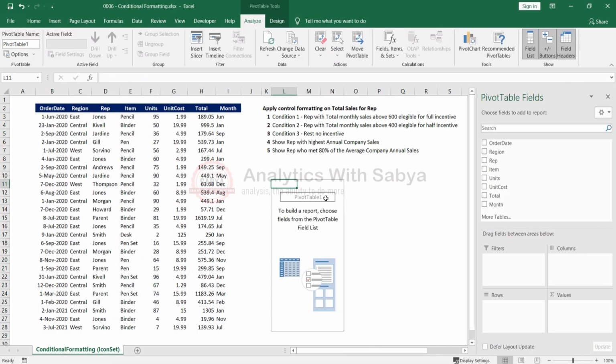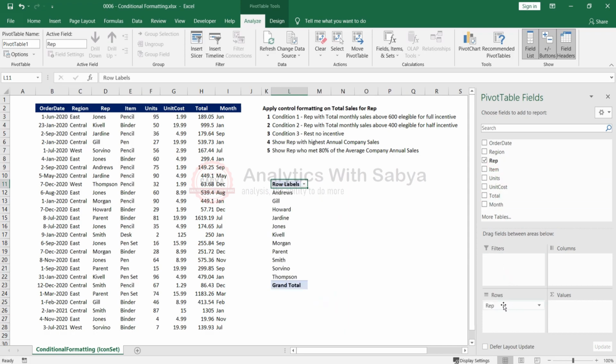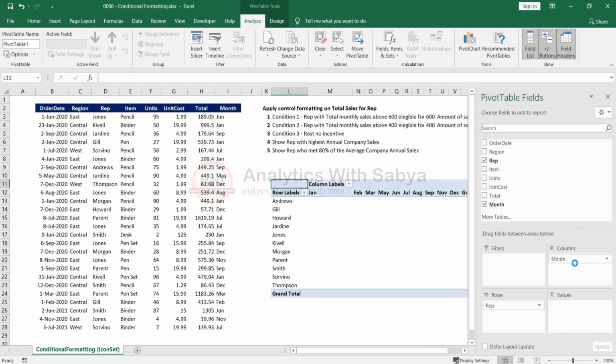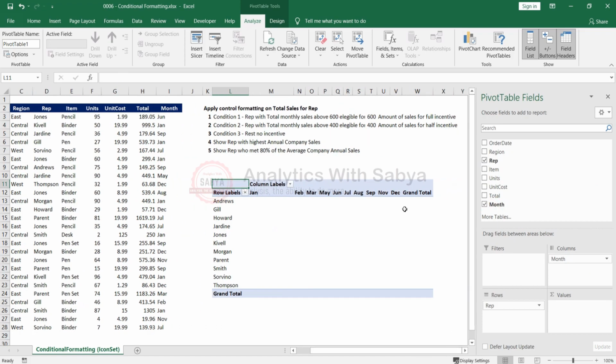Once you click on OK, the first thing that I want to do over here is rows. In the rows, I need to put in the name of the representatives. So these are my unique representative names sorted from this list. In the columns, I will put the months. Let me put the months over here like this. If you scroll all the way to the right hand side, you will see the months. Now after the months, I will put in the totals, that is this in column H. So I will drag and drop it over here.